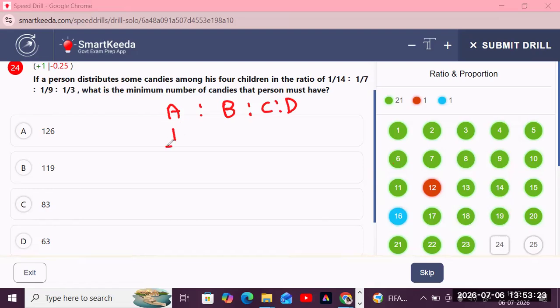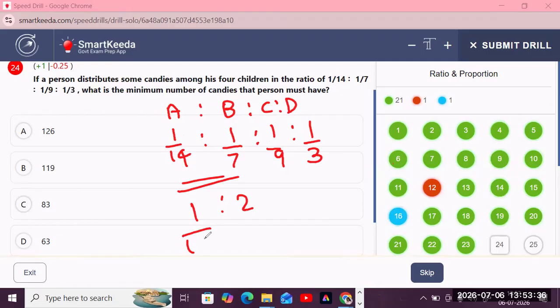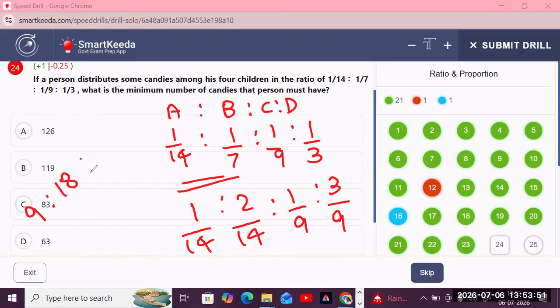So four children, 1 by 14, 1 by 7, 1 by 9, and 1 by 3. कि अगर सिर्फ डिनोमिनेटर निकालने की इक्वेट करने की कोशिश करें तो इसका रेशियो 1/2 मतलब 14 आ जाएगा, और इसको इक्वेट करने की कोशिश करेंगे तो 3/9 आ जाएगा। फिर 9 और 14 का अगर एलसीएम ले लेंगे हम लोग तो मल्टीप्लाई भी करना पड़ेगा, तो यहाँ पे 9, 18 is to 14 is to 14 3 is 42, ये हो जाएगा।